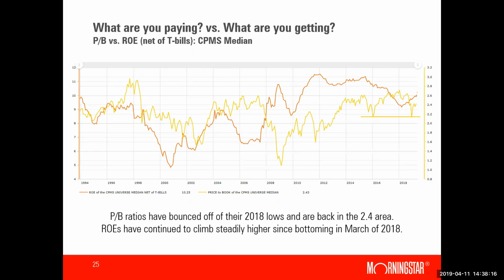What you'll notice is that the price-to-book ratio has actually bounced off of the same level that was in the 2016 and 2018 lows. So it's showing that those undervalued times are behind us basically, and it's back into the area of the 2.4 price to book. What you'll notice as well is that this downward trending ROE, which has been getting eroded since reaching a high in 2014, has basically broken out and changed trend. So it looks like the ROE is continuing to climb,